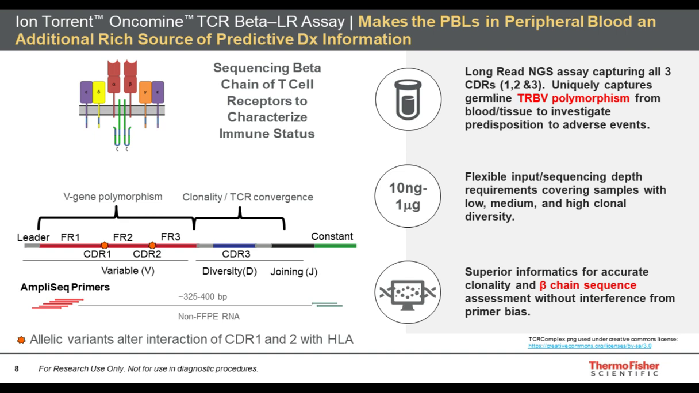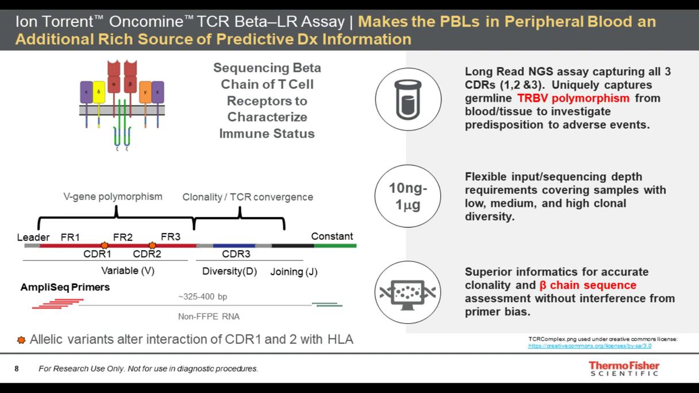The assay is unique in that it uses the established AmpliSeq technology to capture the complementarity determining region, or CDR1, 2, and 3 of the T cell receptor beta VDJ rearrangements in cDNA. So, like some other immune repertoire assays, the Oncomine TCR beta long-read assay uses the highly diverse CDR3 region of TCR beta rearrangements to identify the T cell clone and to measure common repertoire metrics like richness, clonality, diversity, and so on. But in addition, we found that the use